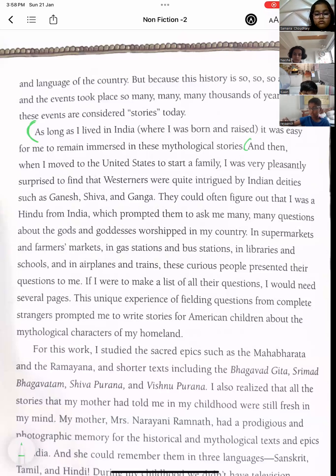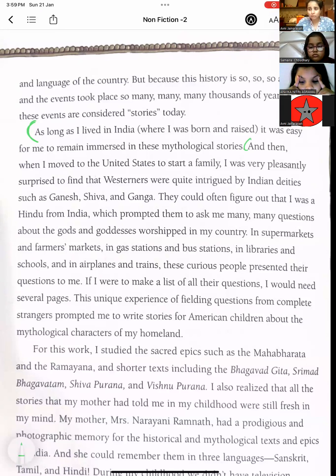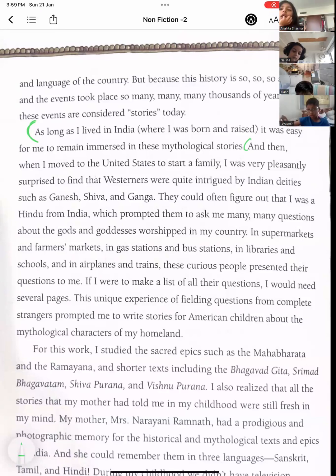And then when I moved to the United States to start a family, I was very pleasantly surprised to find that Westerners were quite intrigued by Indian deities such as Ganesh, Shiv, and Ganga. Got it? So just like how, Anahita, you've asked that question, all these beliefs and traditions hold only for people who are inside the country. It is not valid for anyone who's staying outside. Okay, Anahita? Okay, next. They could often figure out that I was a Hindu from India, which prompted them to